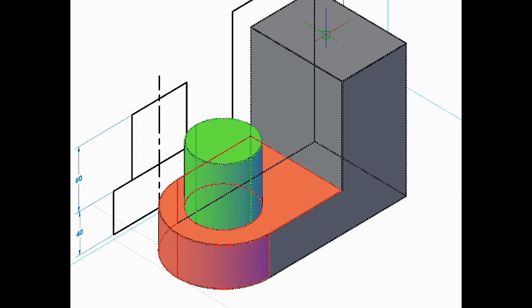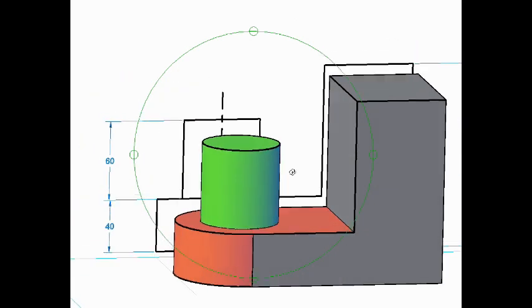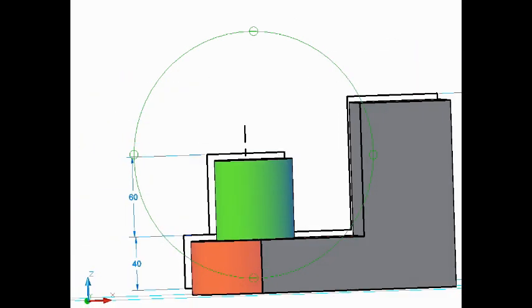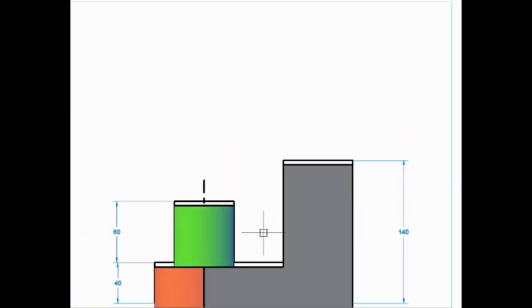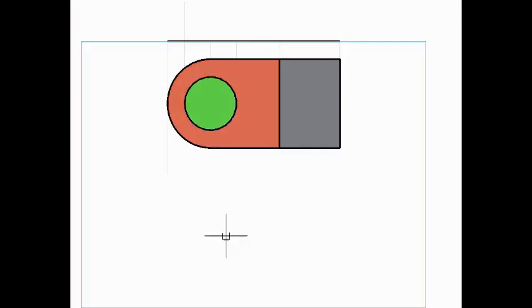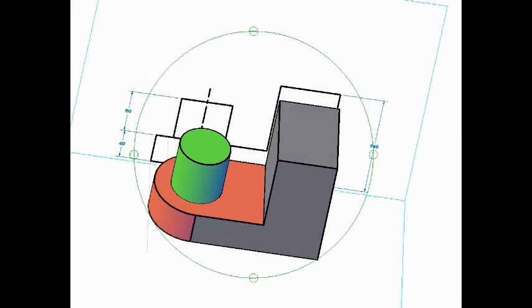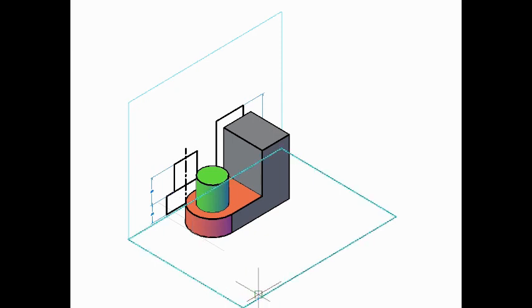Okay, so let us try to see this thing. To see this thing from front view, let us slowly tilt it. So this way you can tilt it and you will find that it matches exactly with the front view. This front view is drawn slightly above, for the sake of simplicity, and this height is 40 and this height is 60. Then in top view it looks like this. This is the top view, but this time this is 3D. Try to understand the difference. This time it is the 3D view. So this is how you can create the 3D from the given two views.